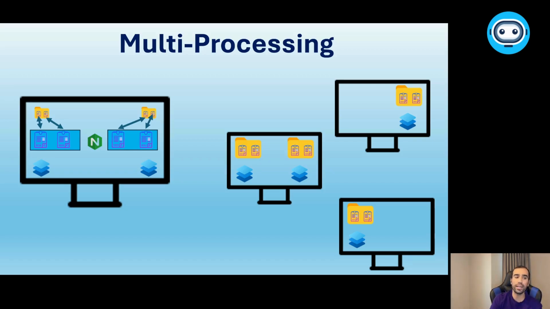How can this happen? There are different options. One option is multi-processing. In order to better explain multiprocessing to you, let's come back to our analogy. Imagine, for example, again, this is my computer. I have a lot of files and folders, too many images inside my computer, okay?